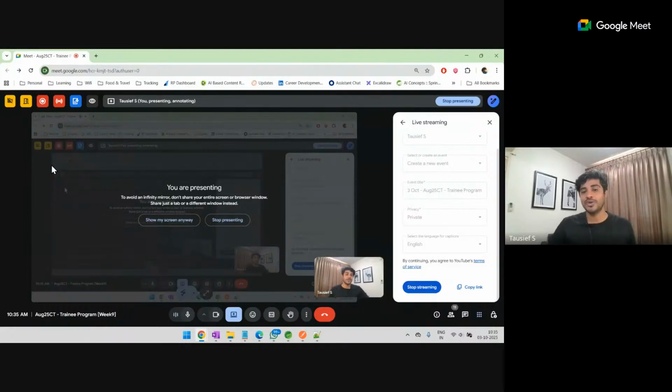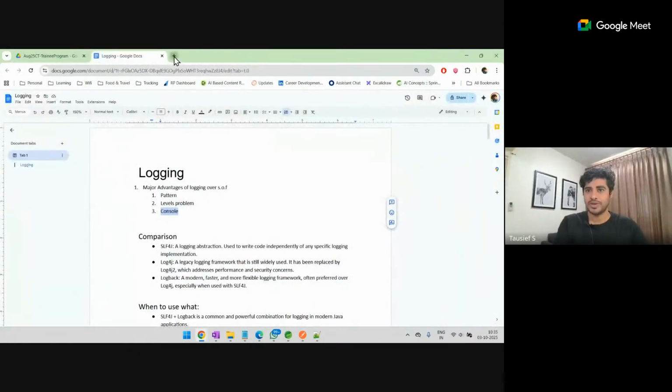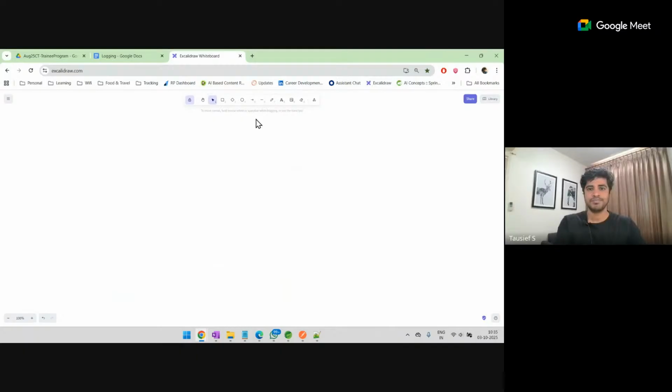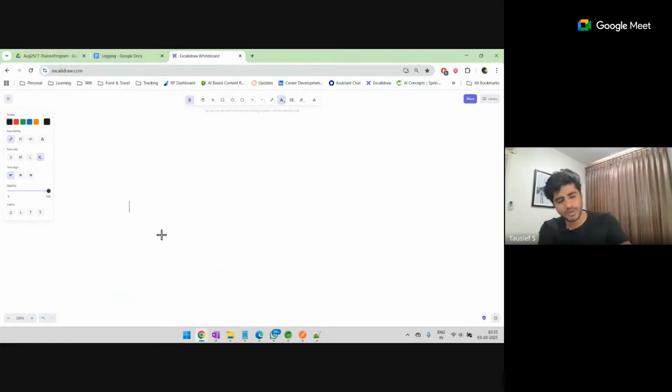Now, how are we going to solve this one? Let's go, guys. We will open a diagram here. There are multiple logging solutions. Please understand, it's not just one. So in the market, if you don't want to use System.out.println, then what are you supposed to do? In the market, multiple logging libraries are available. For Java related, we will speak about a few. Something like, let's say,